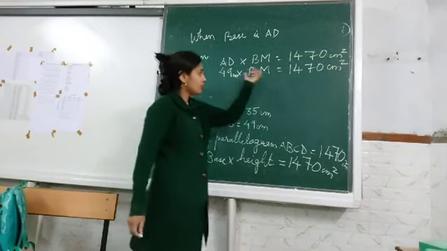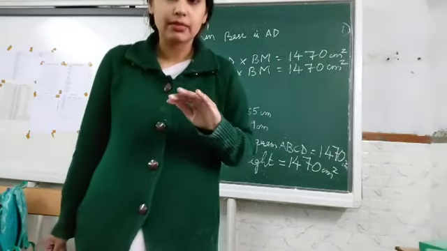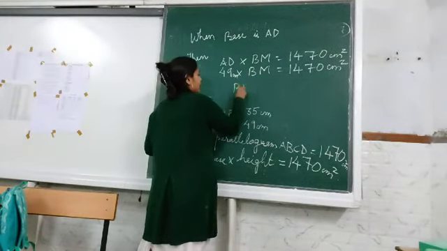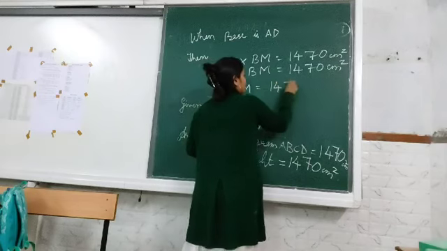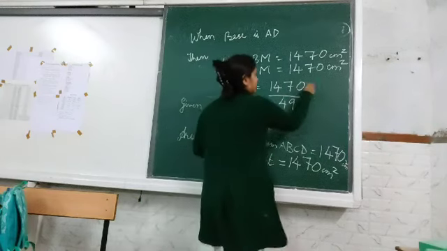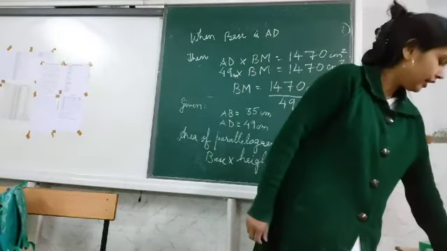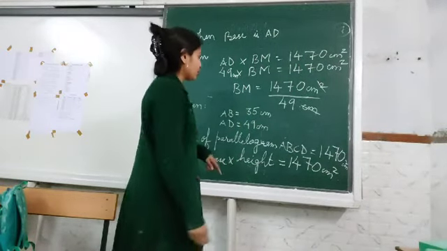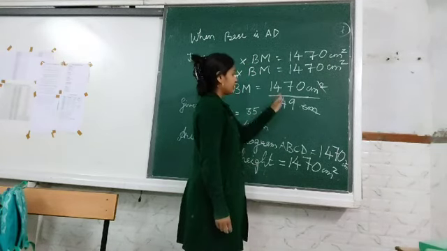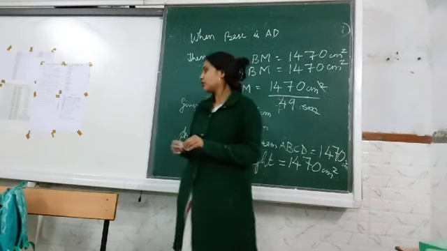Now this 49 shifts side. It's in multiplication. It becomes division. So BM is equal to 1470 by 49. This is centimeter square and this is centimeter. Centimeter and centimeter gets cancelled. So from 2 centimeters, 1 centimeter gets cancelled. Okay. Now both are divisible by 7, as I can see. This is 1470 and this is 49. So 7 7s are 49. Let me take a piece of chalk.